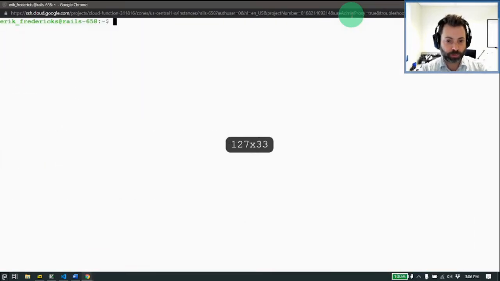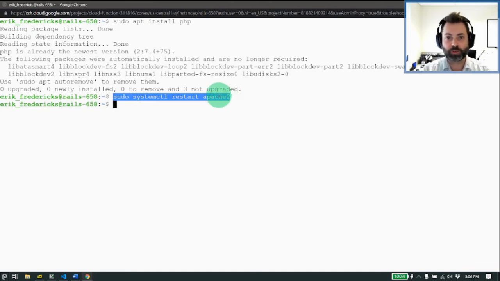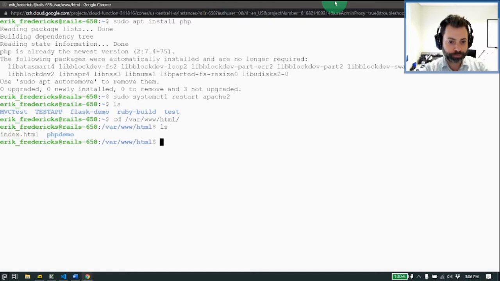And just to give you the quick run through: sudo apt install php, already installed, don't have to worry about that. Sudo systemctl restart apache2. If you're doing something other than Ubuntu, you'd have to translate this to whatever call your system uses to restart server-side services. But yeah, let's see, /var/www/html, and I can create